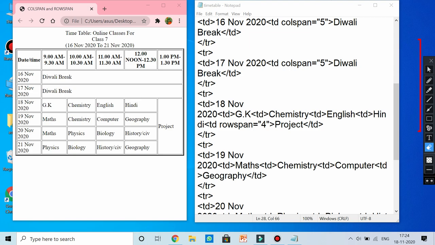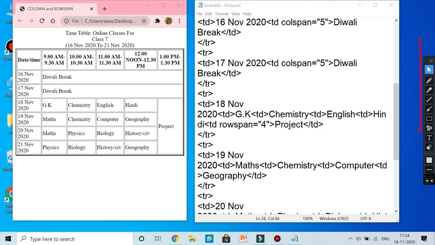Now what else we can do with this? Here we have understood col span and row span. Now you can see this project is coming in the middle. Whenever we use vertical alignment, by default it is middle.